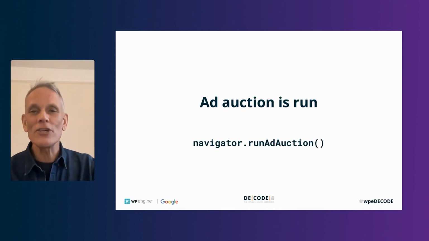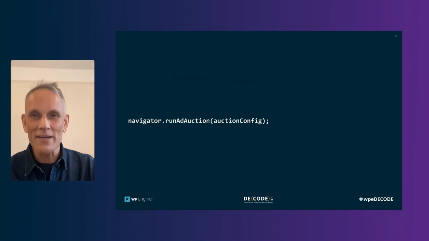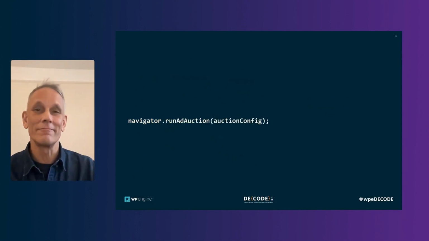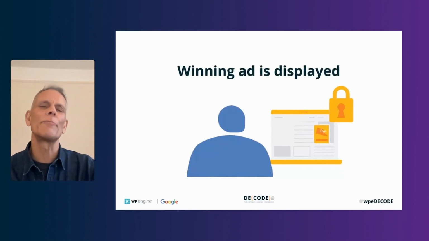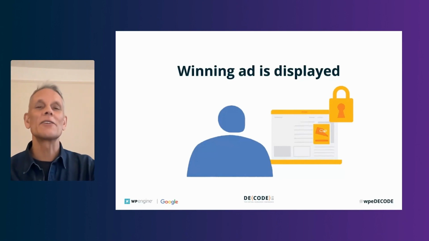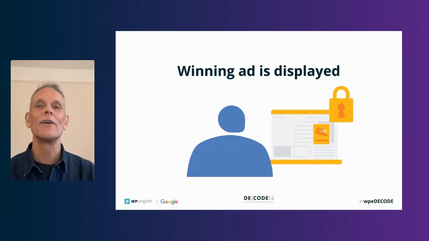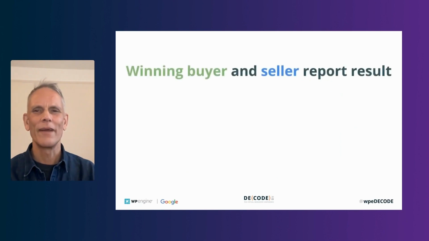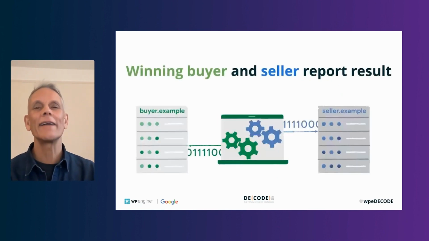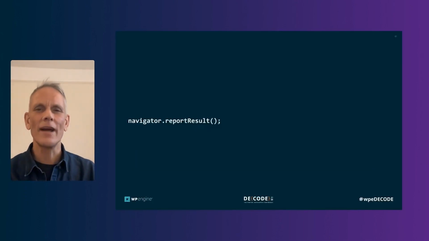Looking at the code, the publisher or a platform selling ad space on the publisher site creates config data for the ad auction. The seller then asks the browser to run an ad auction to select an ad, in the browser. The value returned by runAdAuction is passed to an element called a fenced frame, so the site can display the winning ad. A fenced frame can be used to display an ad, but it cannot interact with the page around it. Then the seller and the winning buyer each have an opportunity to perform logging and reporting. And that's done by calling